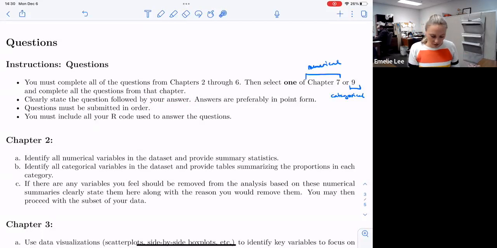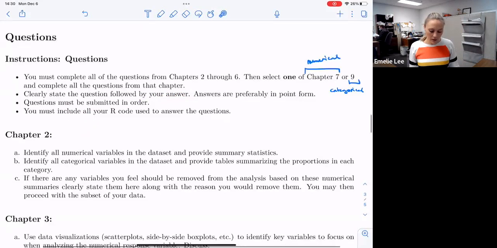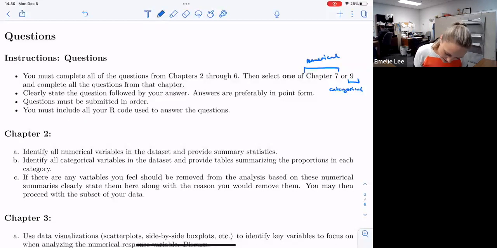You have to submit your questions in order, because I'm just going to look through them and just bang them out. Okay. And then you have to show your R code, right, that you use to answer the questions. Oh, and I think I should add here,